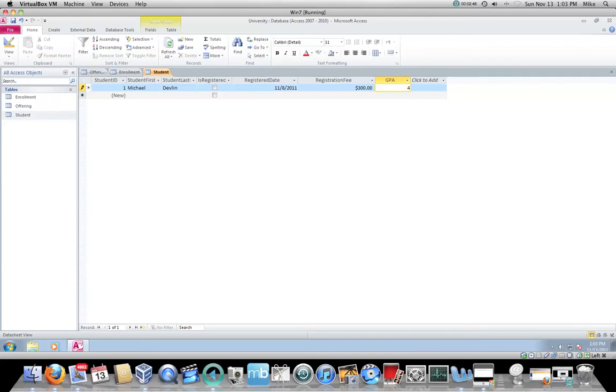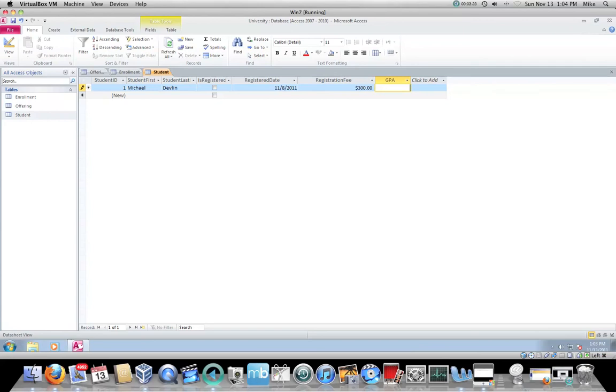At some point we talked about committing data. Right now all of the changes that I'm making are not committed. I commit data automatically in Microsoft Access simply by moving off of this record. If I hit the escape key right now, any changes that I've made disappear and that little pencil mark goes away. So now if I put in 300 again, notice that even if I hit tab and go over